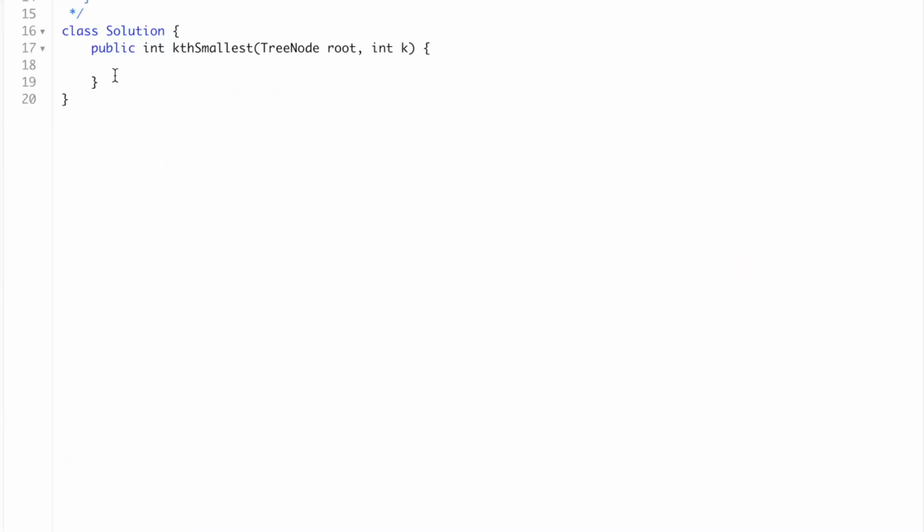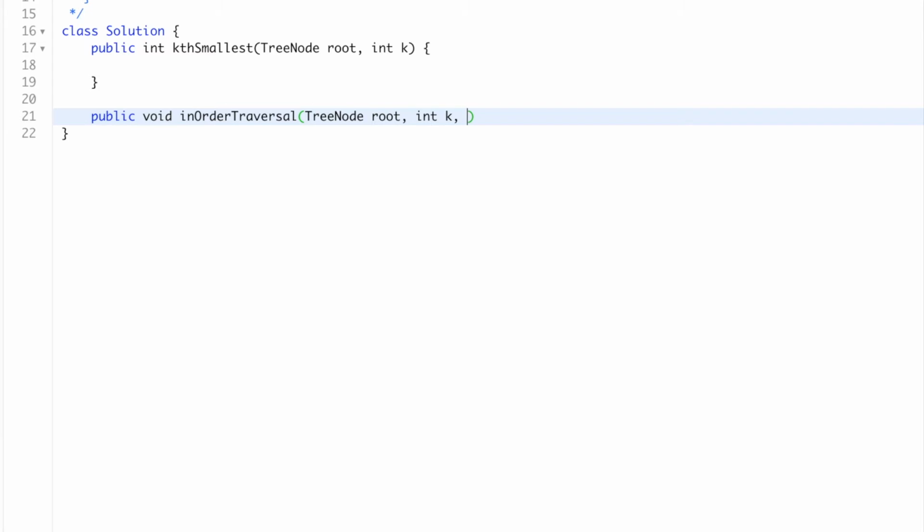So we'll write the code for it. I'll create a helper function here. It would be public, we don't want to return anything, so void, and in order traversal. We'll pass the tree node, then the kth index which we have to return, and we need a variable which we'll return once our in order traversal is done.